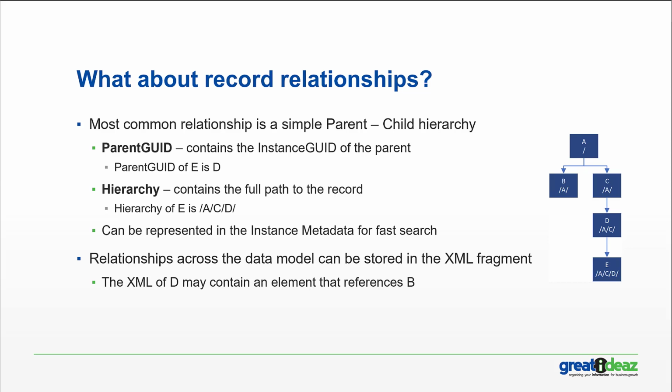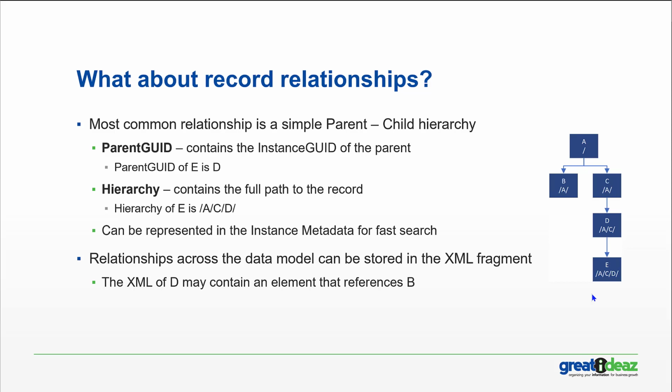Within an order, I might have an invoice, an order line, and under an order line, I may have some information about pick, pack, shipping information. So essentially, there is a relationship between parents and children. If you look at the diagram over here on the right-hand side, you'll see I've got an instance record A. It contains instance records B and C, and that record C has a child instance D and a child